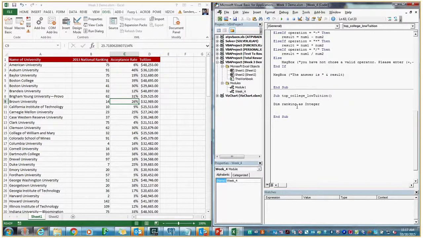And the ranking is an integer. The acceptance rate is a double, and the tuition, I think, is a long. So first we'll set these variables depending on where our cursor is at the moment. So we can say ranking equals